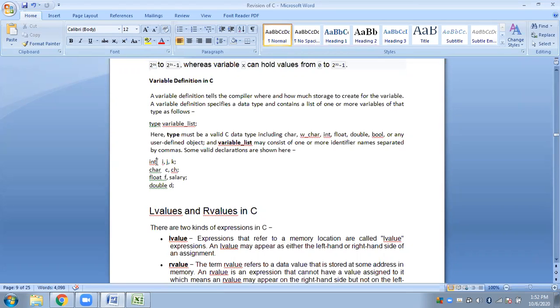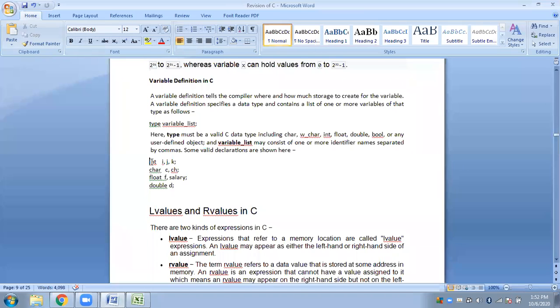So what is a variable declaration statement? You have one example here. Just look at the first line, int ijk. What does this tell the compiler? Once you write your program, it is the compiler who will do everything on your behalf. The compiler will accordingly declare variables, read values into them, or display values from them. So it is the job of the compiler.